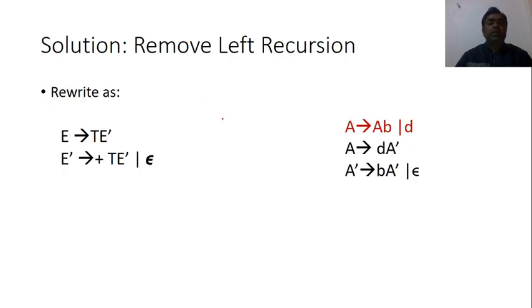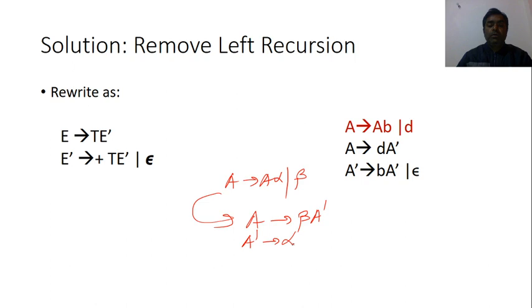How can we remove the left recursion? If the grammar is A raised to A alpha or beta, it can be written after removing the left recursion as A raised to beta A prime. Just take a variable that should not be present in the original grammar. Here I have taken A prime, and then A prime raised to alpha A prime or empty. Look at here. First write A derives to beta A prime, and A prime derives to alpha A prime or empty.